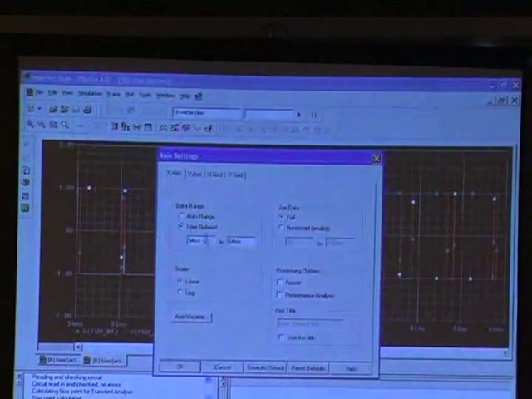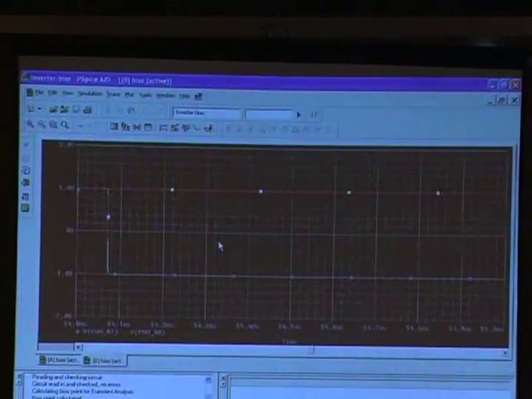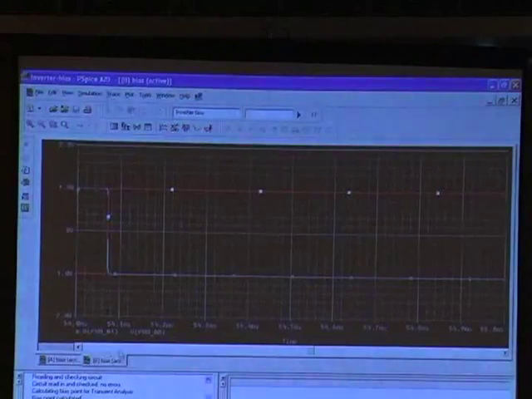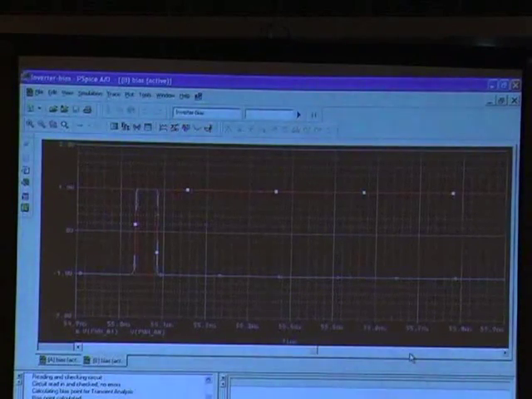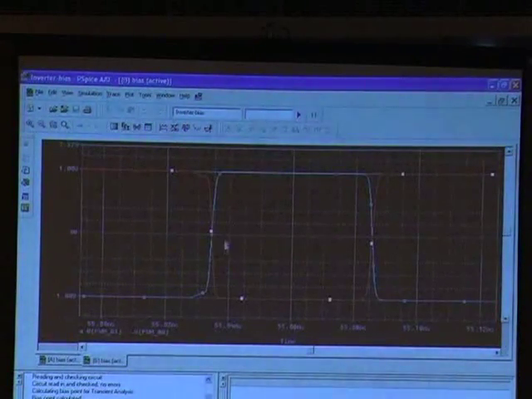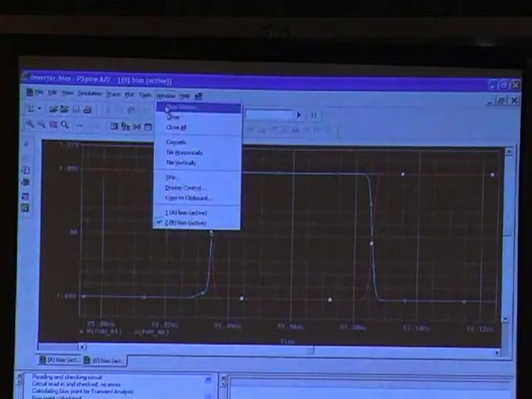I can expand it a little bit more. So you can see that they're complementary. If I zoom in here, their overlap is not too much. So you avoid shoot-throughs. If I were to plot the input current,